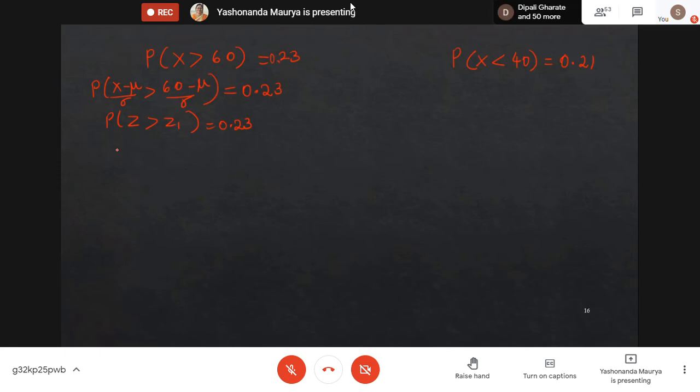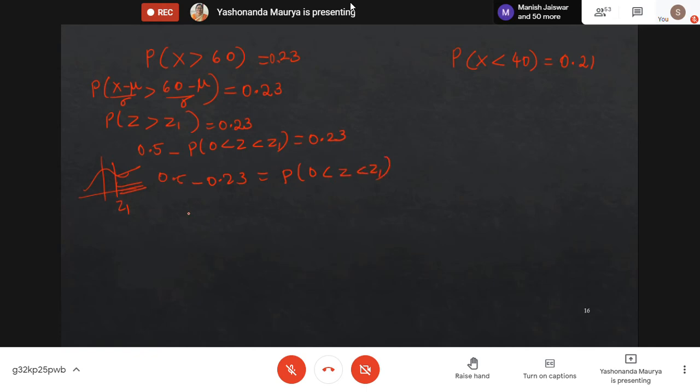When we say z is greater than z1, we are talking about this region. This means 0.5 minus the probability that z lies between 0 and z1 is 0.23. So 0.5 minus 0.23 is equal to the probability that